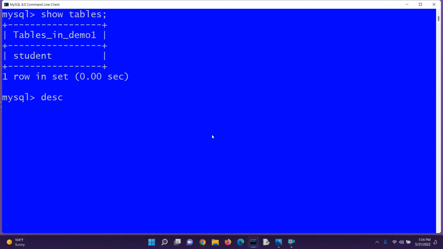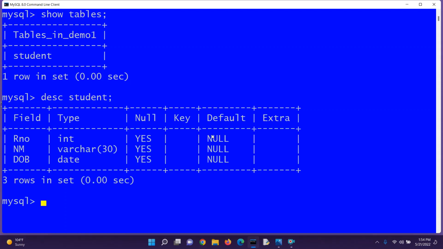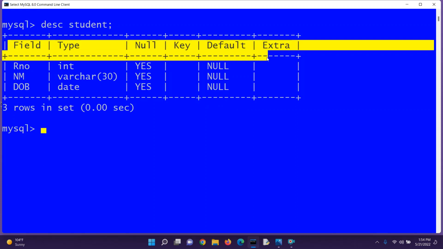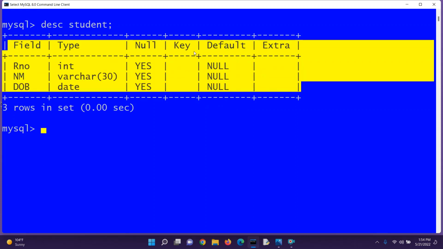So DESC, table name is student, is going to show me the various data types that we have used along with the other elements. That if you have any key assigned, in our further videos we will be learning all this in detail. Right now we are able to see the structure of our table just now created. Student, it has got 3 attributes: roll number with int data type, nm with varchar data type, and dob with